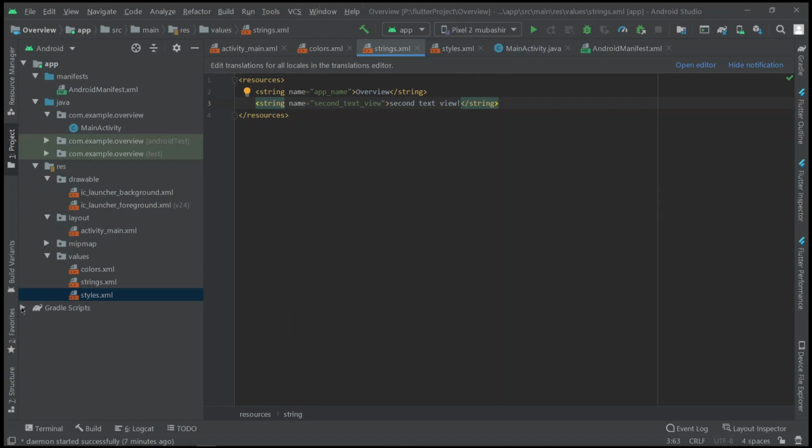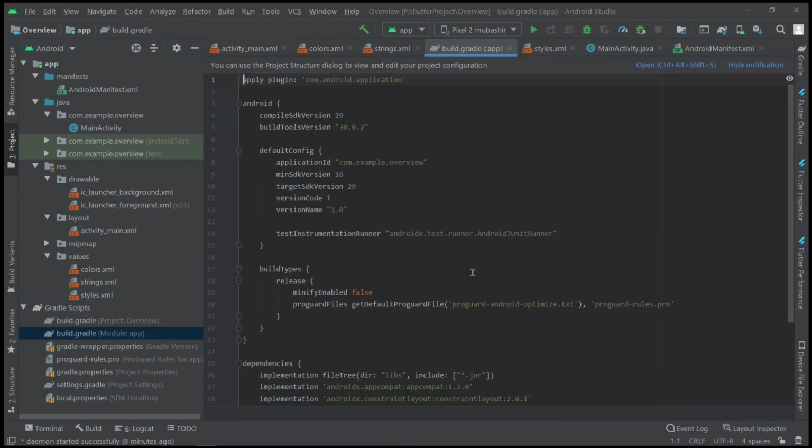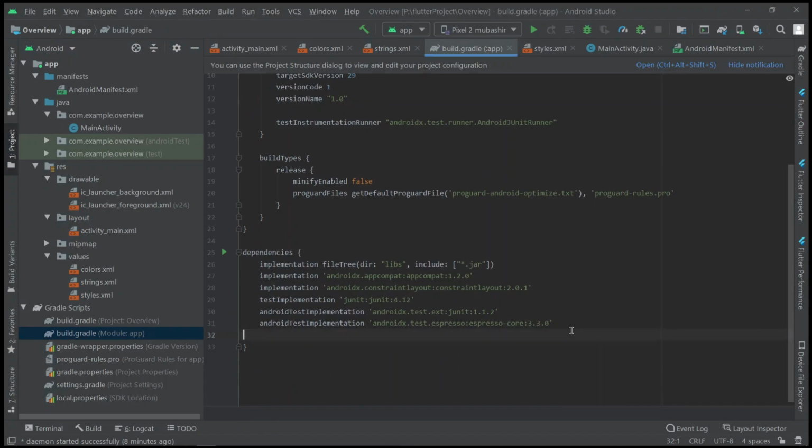And in the Gradle scripts we have a module app. Here we can give all the dependencies, like whenever you are using an API or something else, everything has an implementation or a dependency. So here you can add those dependencies and you can click on sync.